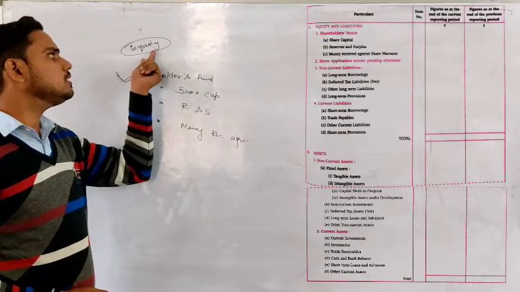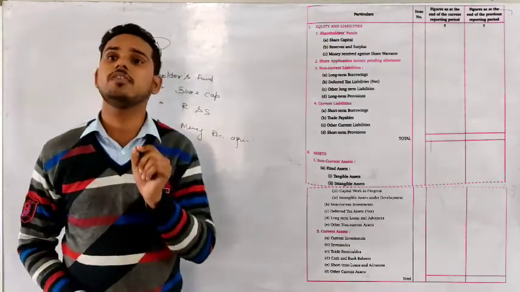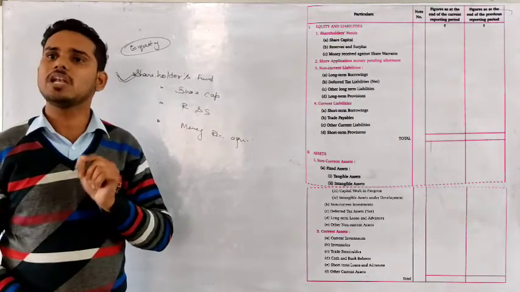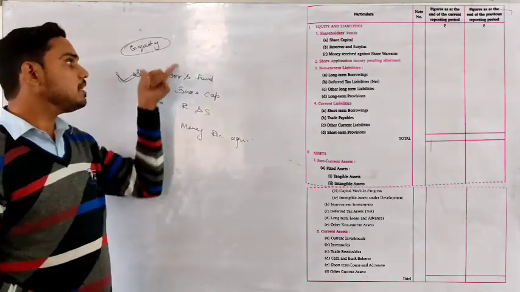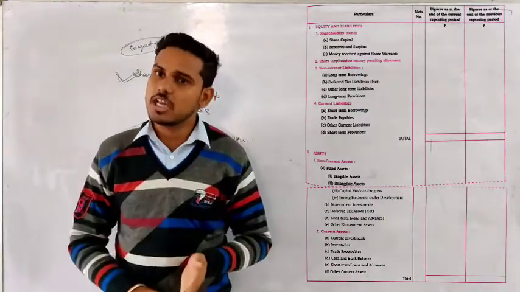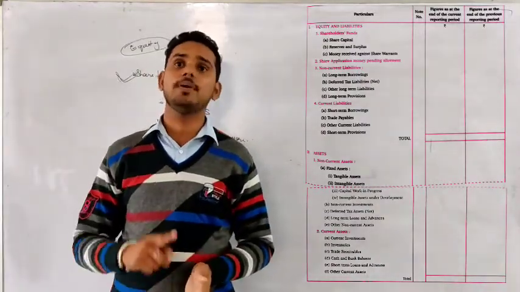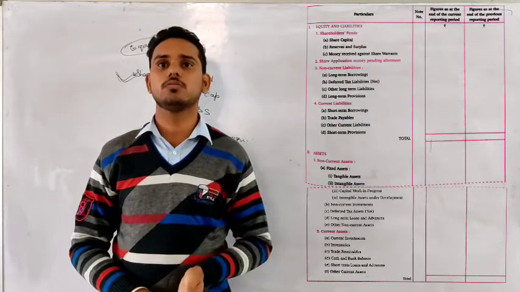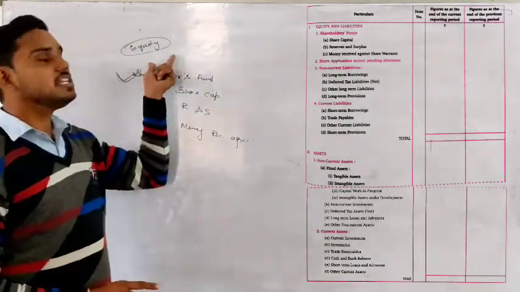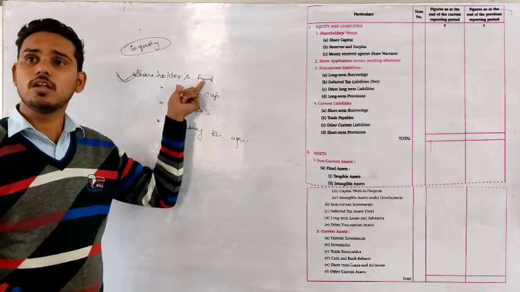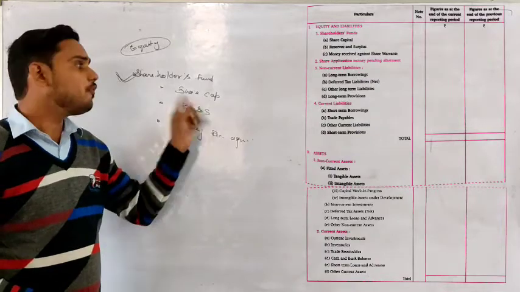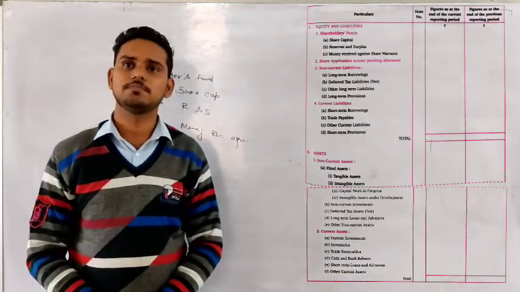So equity does not mean equity share. If we are using the word equity only, not equity shares, then equity means total shareholder fund. In equity there is equity share capital, preference share capital, and all the reserves also. So equity is a broader word, right? Equity means shareholder fund, and in shareholder fund there is all the money belonging to the owner, and these are three. The first subhead is share capital.